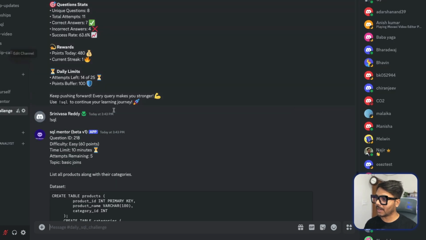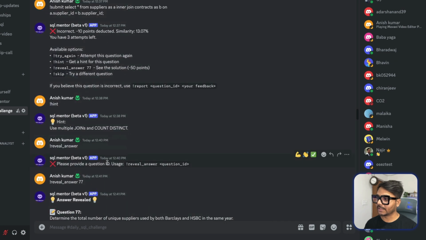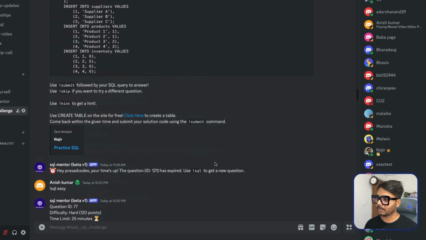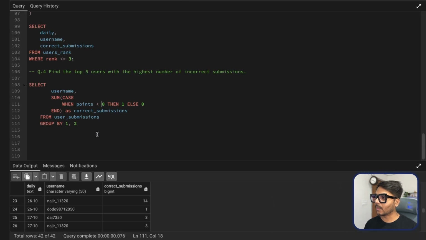If I show you some other users, if somebody has answered anything incorrectly, they will be getting negative points. Let me show you this one. You can see it here. This user has submitted solutions, it seems incorrect, so got 10 points, which is a negative point. So here what I will do is that it says find the top 5 users with the highest number